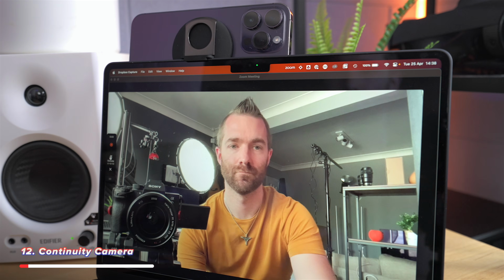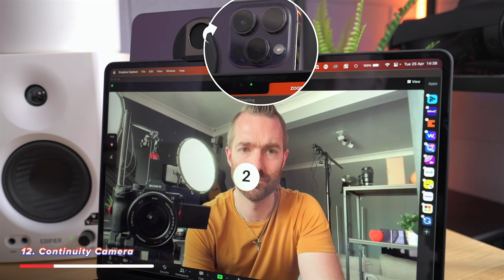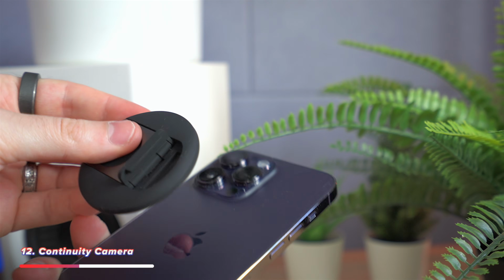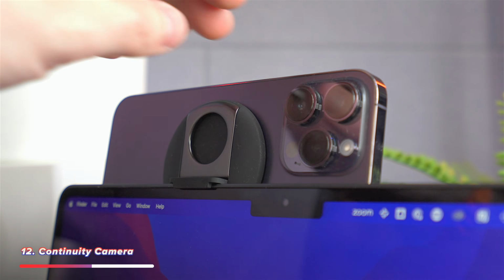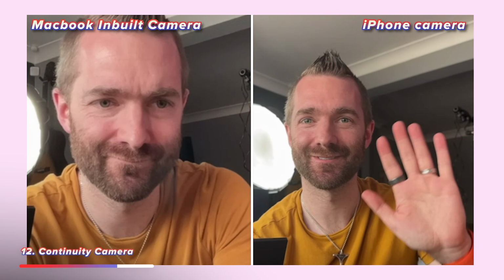Continuity Camera is a recent addition. Why use a subpar webcam for video calls when you could just use one of the best cameras that's already in your pocket? Simply grab a mount, put your iPhone on your Mac, and your Mac will now give you the option to use your iPhone's camera as your webcam and give you a much clearer image than using a built-in camera, including the ones built into Apple's own displays, and better than a lot of the third-party webcams.